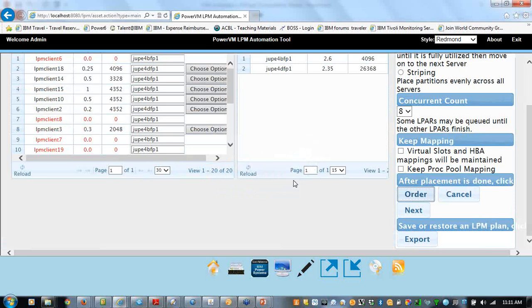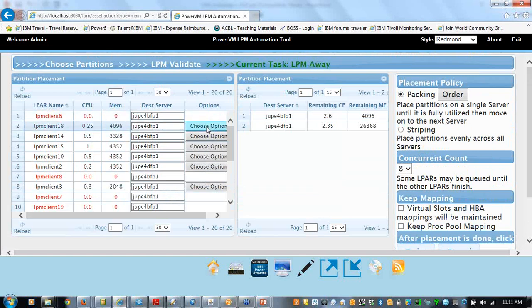So now let's start the move. Oh no, one more chart. Sorry. Let me go back up here. We have also these choose options. They're only activated right now on the active ones, but they mainly apply to active ones.